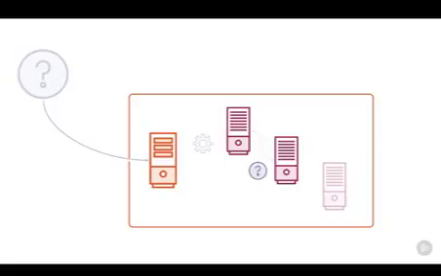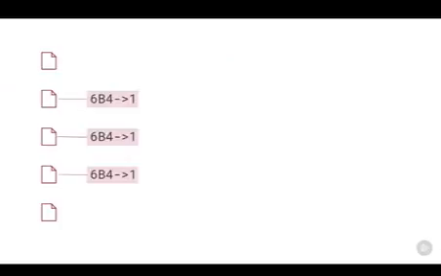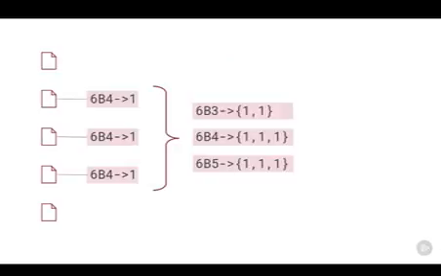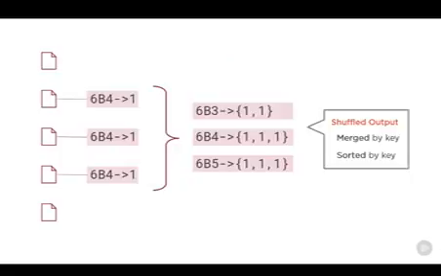When all the maps have completed, there is a complete set of intermediate output in Hadoop, which in this case contains all the classification values extracted by all the map tasks. Then Hadoop merges all those values. So if we had 3 instances of the string 6b4 in the input, Hadoop will merge them into one with a key of 6b4 and a value which is an array of all the matching values. The merged values get sorted, so 6b4 would be in a list between 6b3 and 6b5. This is called the shuffle phase, and when it's done, the sorted, merged list is used as the input for